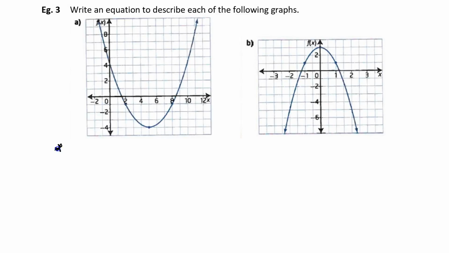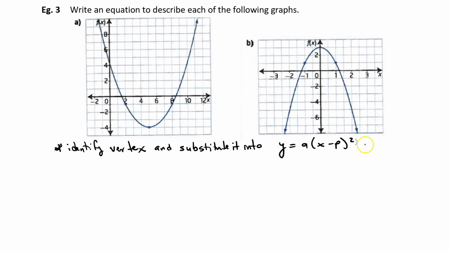First things first, identify the vertex, and substitute it into y equals a(x minus p) squared plus q, and then substitute an exact point to solve